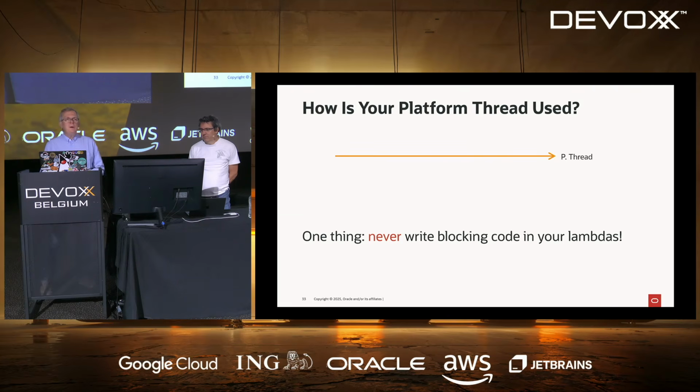How is your platform thread being used when you're using the Completable Future API? Suppose that you have one platform thread that is doing everything. You have a first piece of task that is coming in your supplyAsync method. That's a lambda. All your network request and response cycle is actually split into small lambdas that are just doing one thing at a time, and that should never block. So the first lambda is coming, and after a while, the lambda is done because it launches the network request. And after a while, the response will arrive.